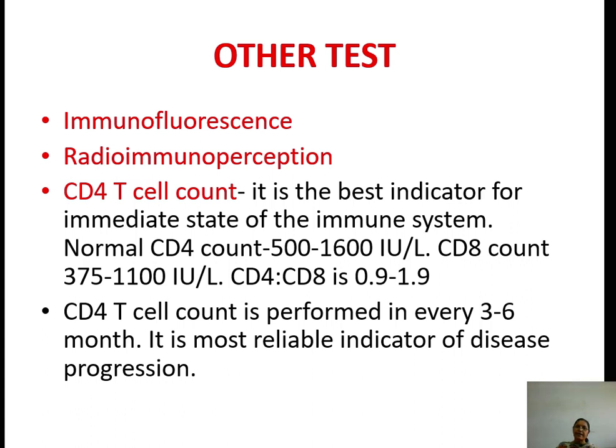In the A category the patient is asymptomatic, and we see the cell count. If the cell count is more than 500, then we label it A1. If it is between 200 to 499, then A2. If it is less than 200, then it is A3. Similarly in B, symptomatic patients, if it is more than 500, B1, 200 to 499, B2, and less than 200, then it is B3. And the third category, the C category, is AIDS, which can't be further differentiated.